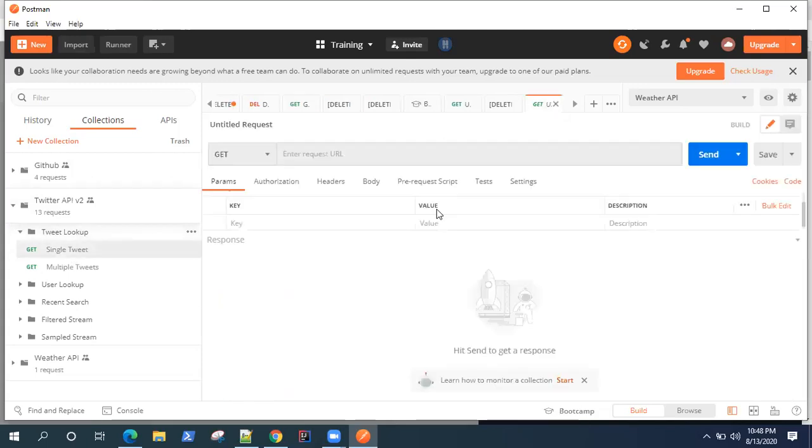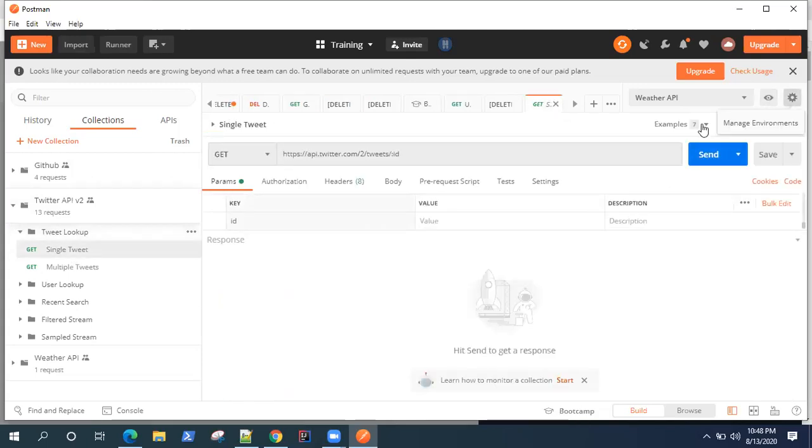So once I get my API keys, I can start working on these requests directly. So I don't need to create any requests on my own by looking at the Twitter API documentation, right? So this is how simple it is to get started with any API which you are trying to work on.